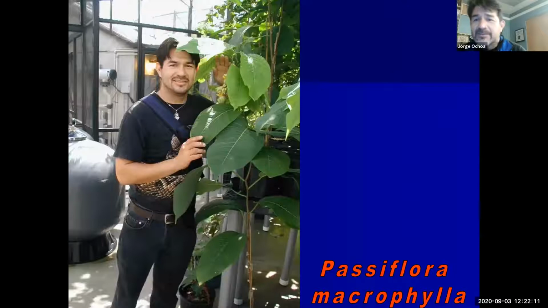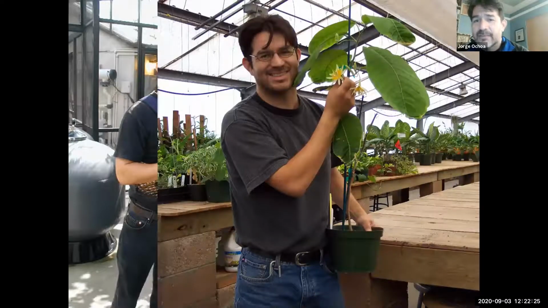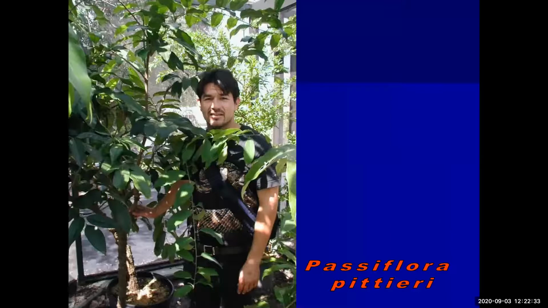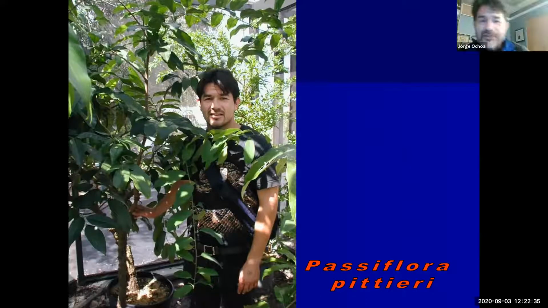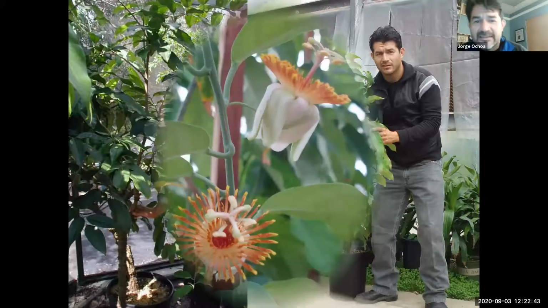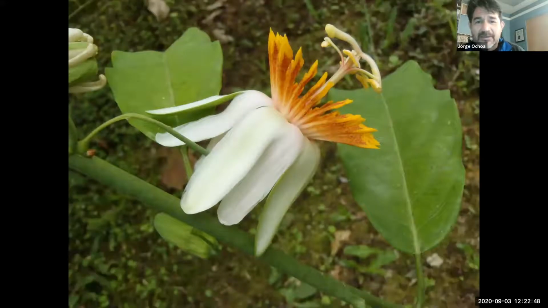And then the passion flower that has the biggest leaves is macrophylla, which means large leaves. Here it is when I saw it for the first time. And then here it is when I happened to grow the plant and got it to flower here in our greenhouse. And here's the close-up of that flower. And then here's Pietieri that I also came across for the first time in Florida. And here's Pietieri in our greenhouse when I got it to flower as well. And here is the flower for an individual, and even a close-up right there.